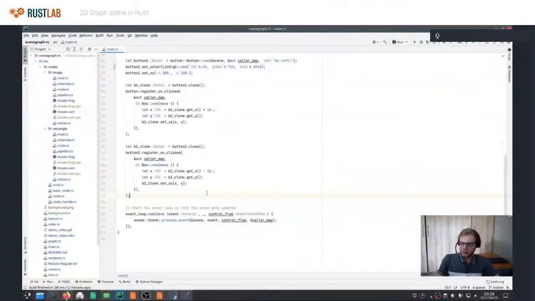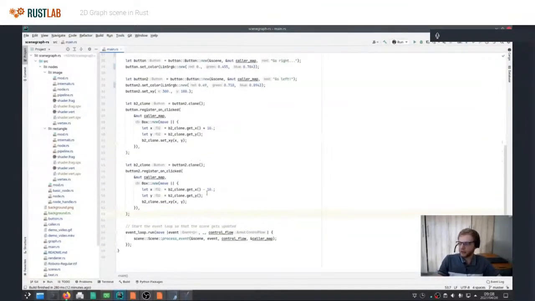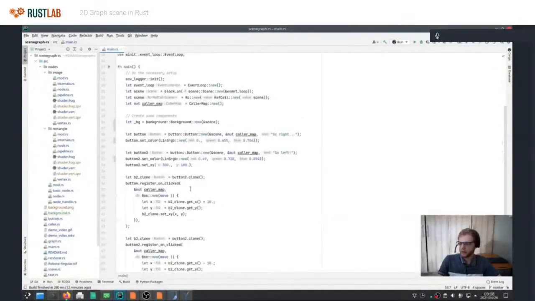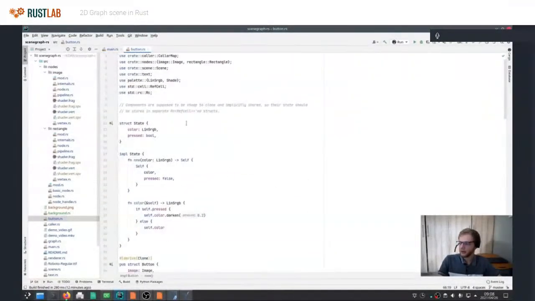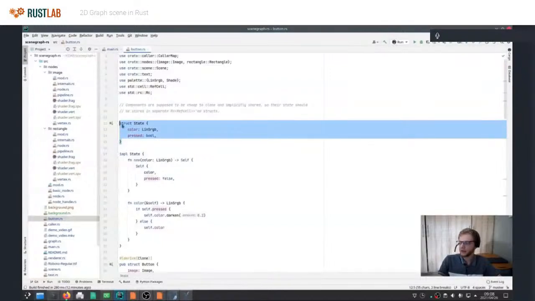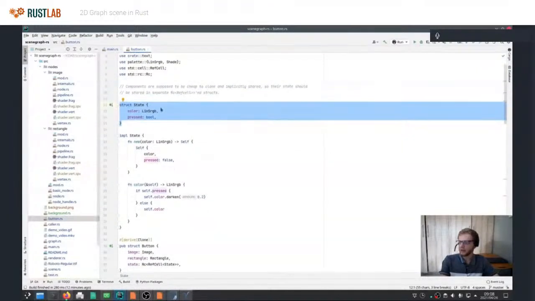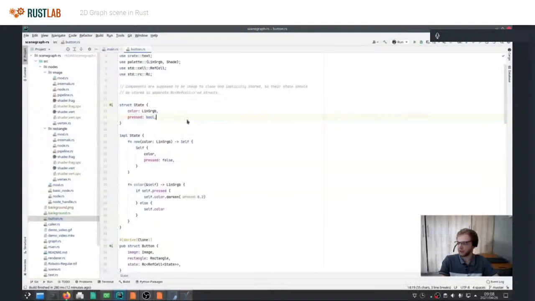So now let's quickly look at how these button nodes are created. I won't go into too much detail because there's quite a lot, but just a basic look at it. Okay, so the first part is the button state in a struct, and the state also needs to be implicitly shared, as I talked about earlier, because you want to be able to copy the handles to put them inside a closure.